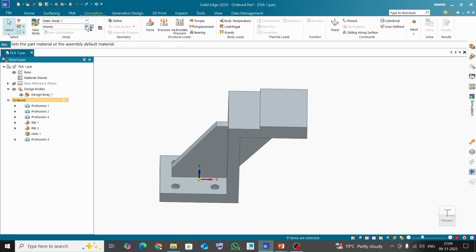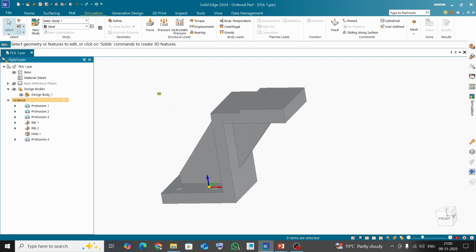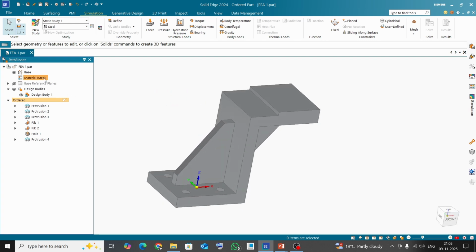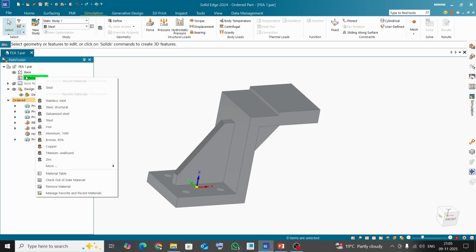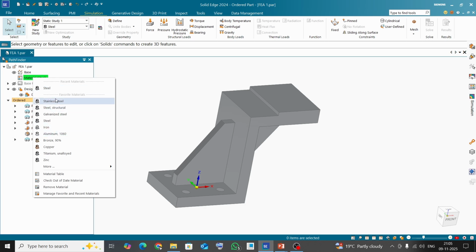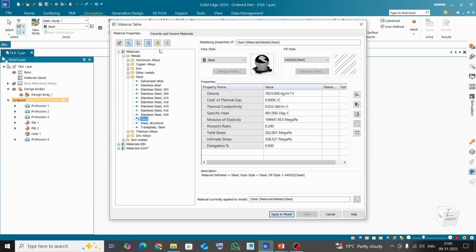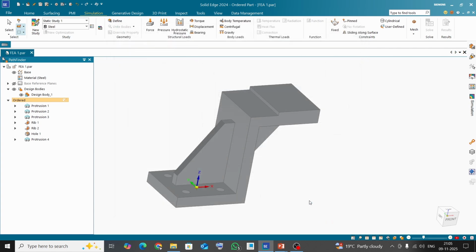Then apply material from this option like steel. So steel material has been applied here. We can see here as well. Also you can apply material from this area. Just right click on this material and then select material from the material table. So this is the option to apply material. Then next step is